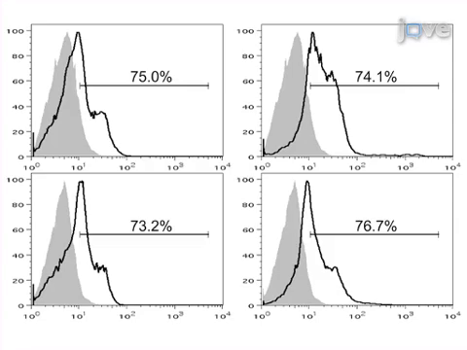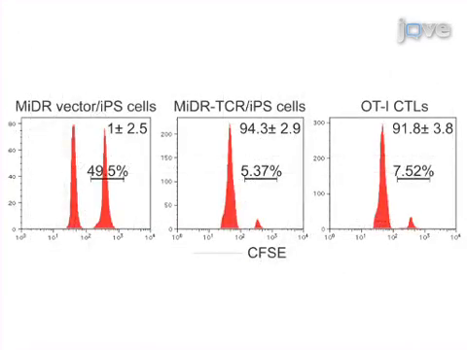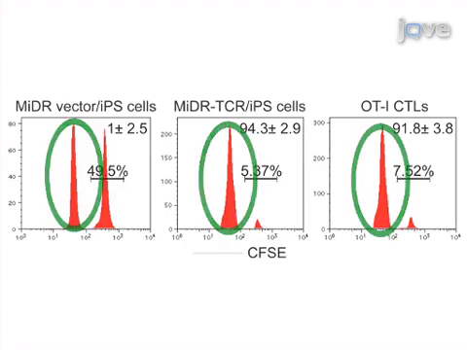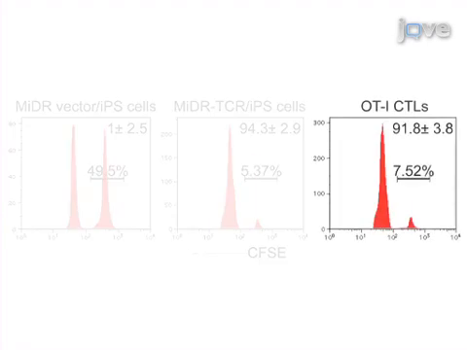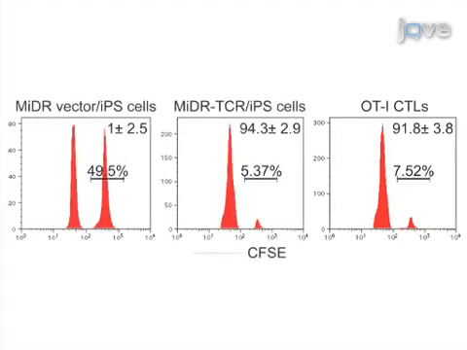CTLs were functional. These data show that CFSE high cells pulsed with ovapeptide, represented by the peaks on the right in each graph, and CFSE low control cells, represented by the peaks on the left, were injected into mice 10 weeks after iPS cell transfer or 1 day after OT1 CTL transfer. The antigen-specific iPS-derived CTLs responded to antigen stimulation and had cytotoxic activity as indicated by the absence of CFSE high